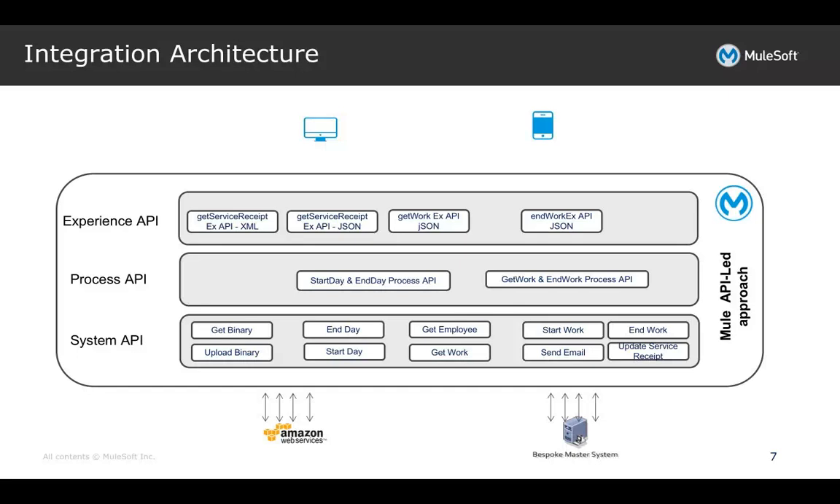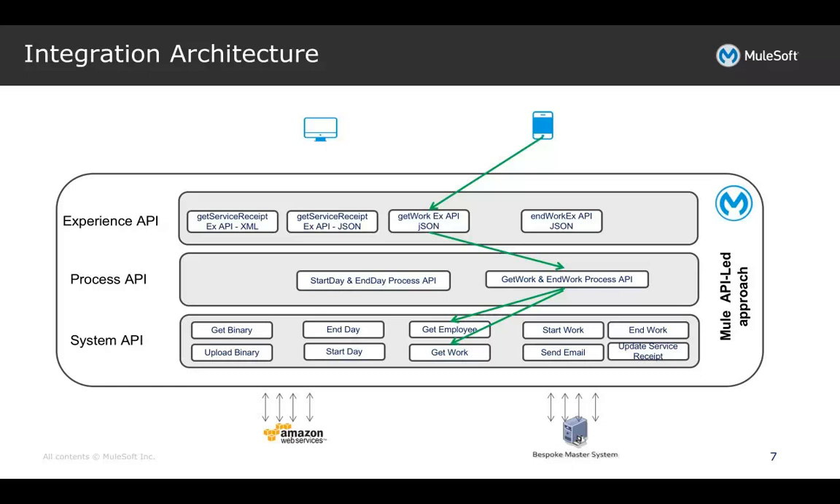So the first use case you can see here is get work from the end system. Get work has an experience API, and we have identified that to get the work for a technician from the end system, we have to go through two different system APIs. First we need to call get employee. Once the employee is identified as an active employee, we will be able to pull the work from the bespoke master system. This goes to the process API, which is the get work process API, and then